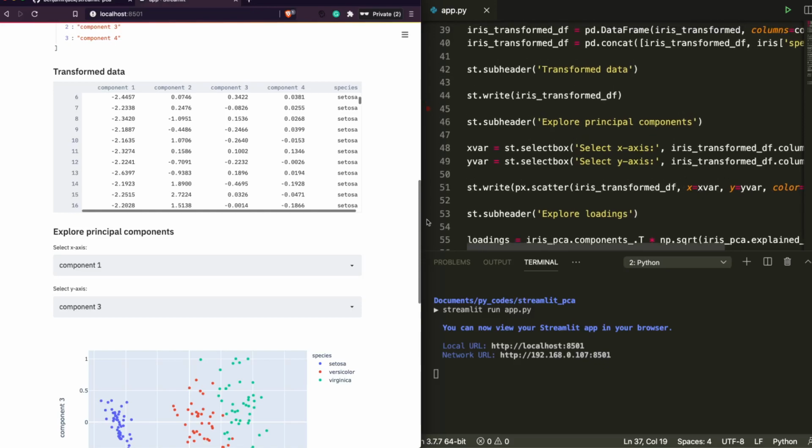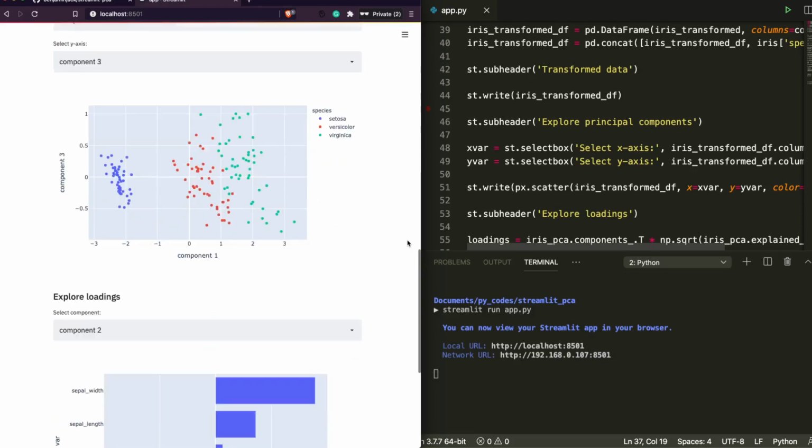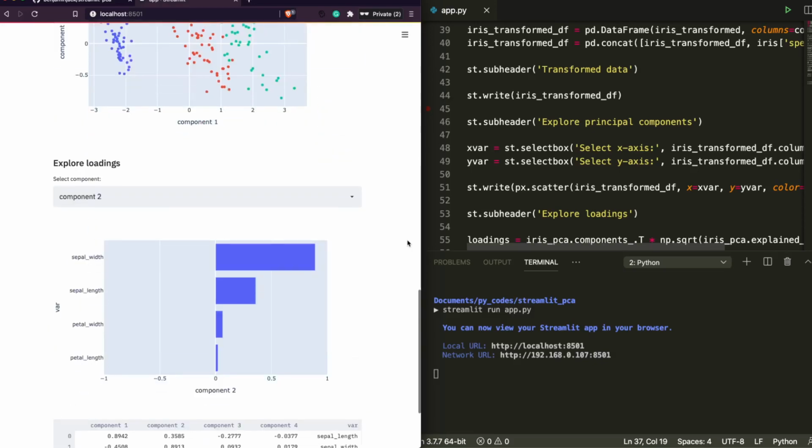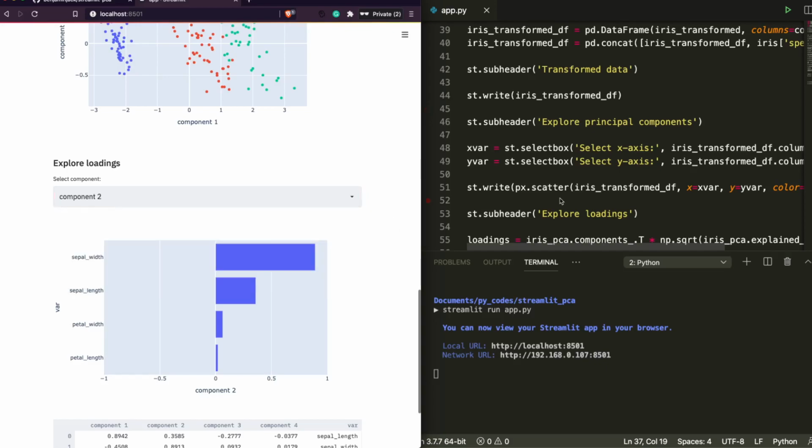Once you are done with that, now we have almost reached the end of it. Now you want to show the component values. For a particular component, what is the percentage or influence that a particular column has got. This is again very effective, like the use cases where I said you would create an index, or you would try to come up with some number that would represent a bunch of columns. This is definitely helpful for you to explain to business what comprises this column.